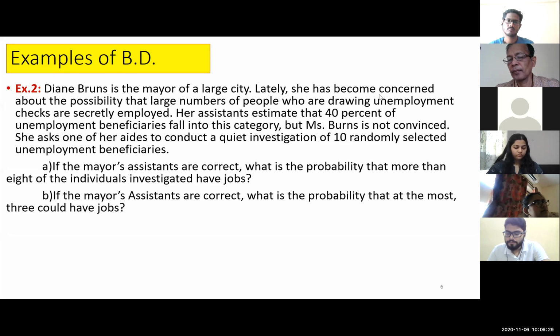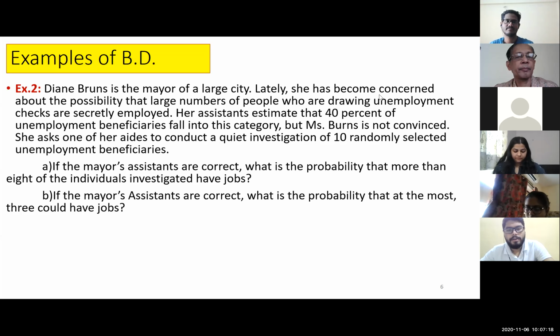Sir, first, P(X = x) is equal to nCx p to the power x into q to the power n minus x. So our n will be 10, p is 0.4, q is 0.6. So 10 p 8. Oh, man. Devesh, you are behaving like a typical Odia. Do you understand a little bit of Odia? Hey, Supratik said 8? Did he say p8? Devesh: No sir, he did not say p8. Then why did you add p8? It will be p9, p10 only, right? Supratik, say it again.